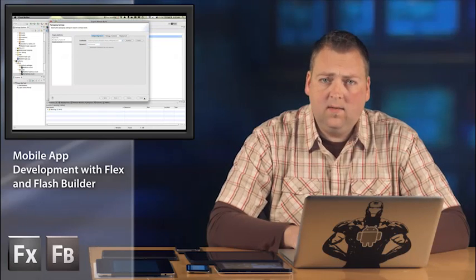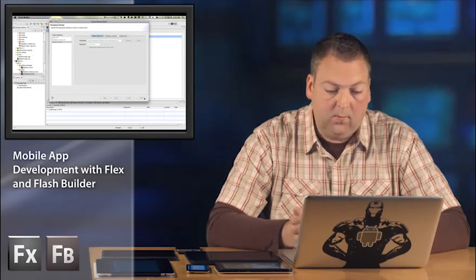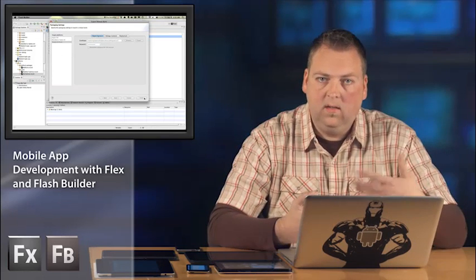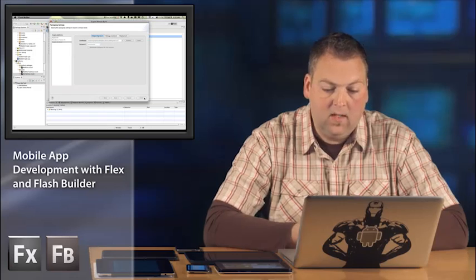Now the last step you need to do is just click Finish, and Flash Builder will start packaging all the installers for all the different platforms, and that's all you need to do. So hopefully that gives you a little bit of an idea on how easy it is to do this now in Flash Builder